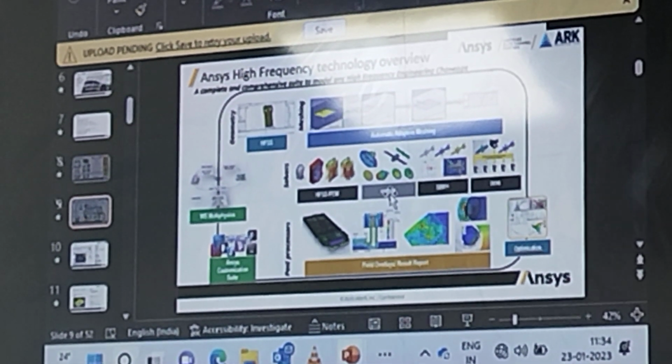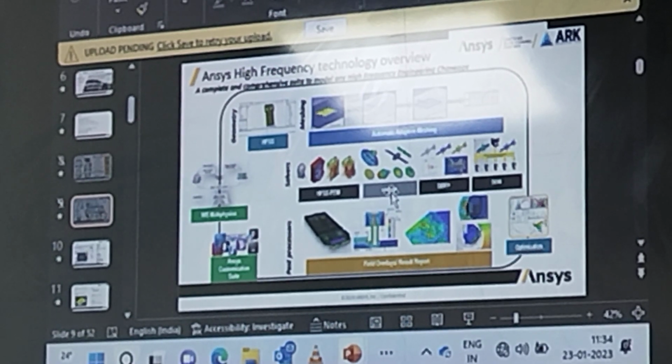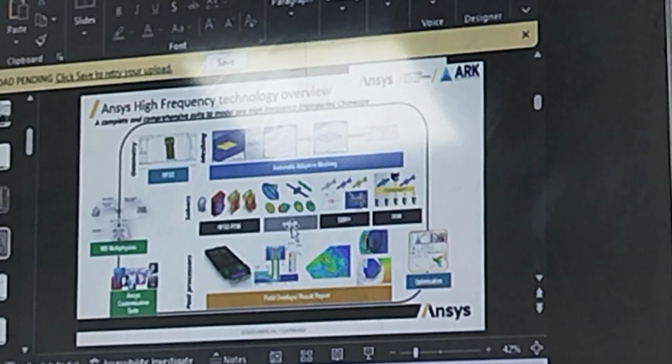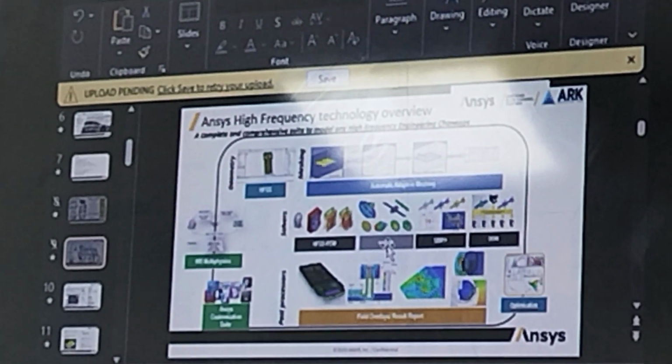Okay, so what it will do is model analysis. It won't go for model analysis basically. The FEM, whatever the antenna which has been there, it will be solved by, actually this is